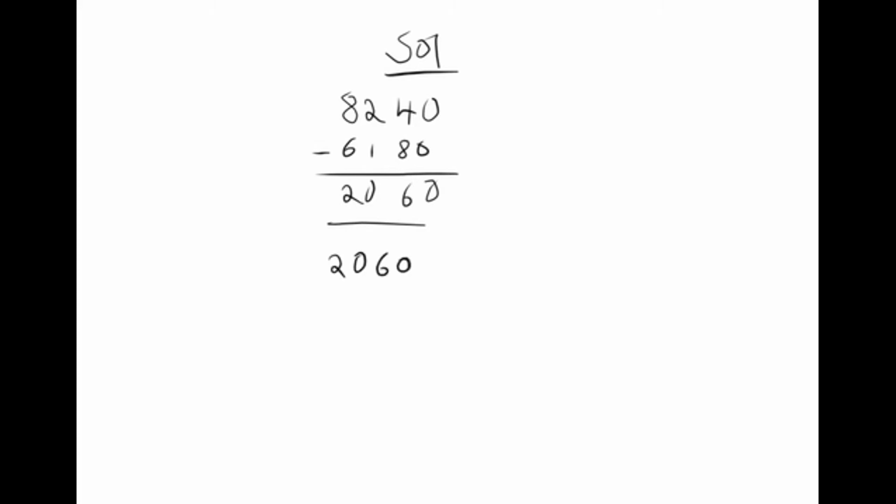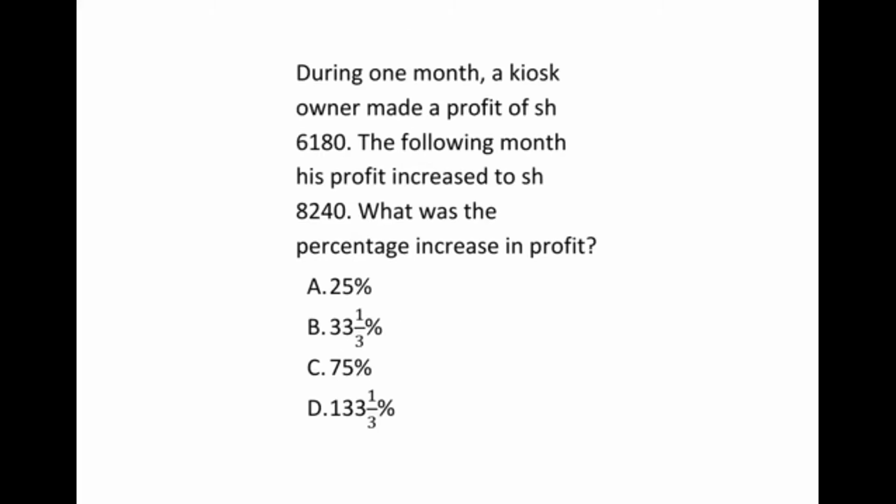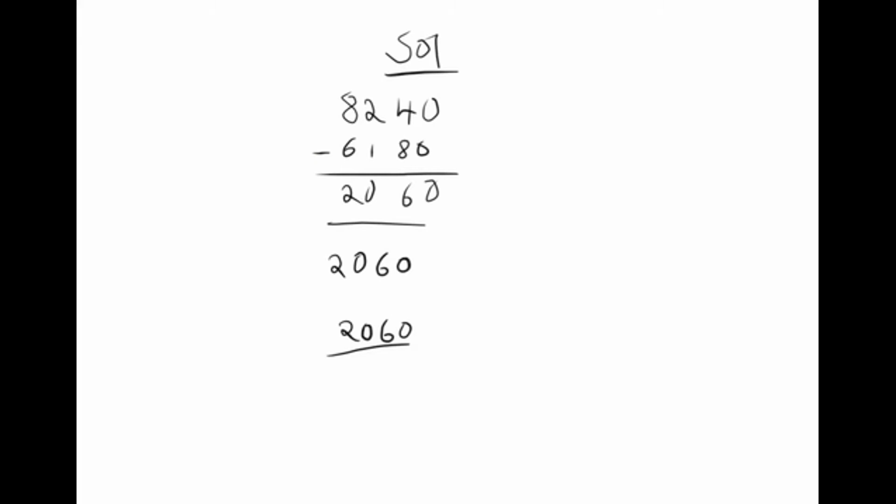Then we are told to give it in percentage. Therefore, we take 2,060 over the first profit which he made, which is 6,180, then times 100%. From there, now we simplify this 0 to cancel this 0. Then